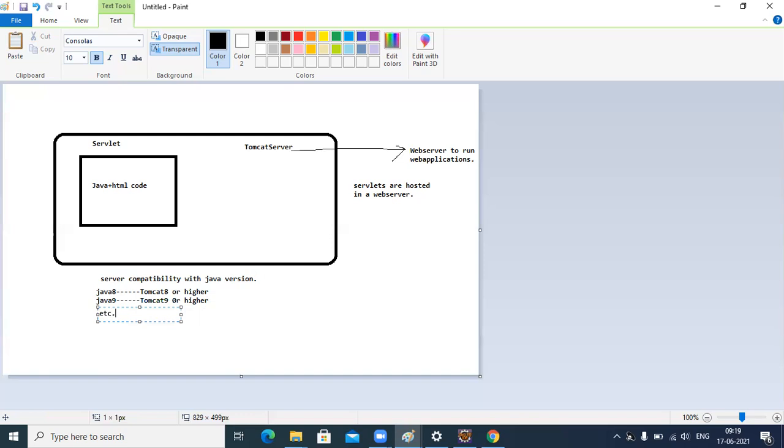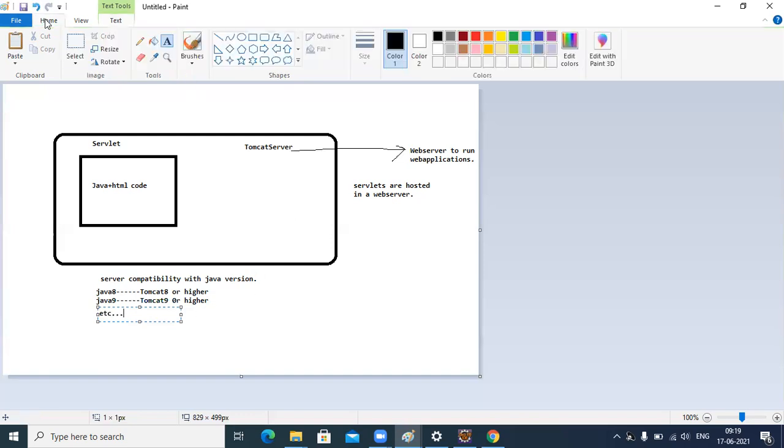Any doubts in this? So first you have to install Java and then you have to install Tomcat. If you reverse the process, it will not work.